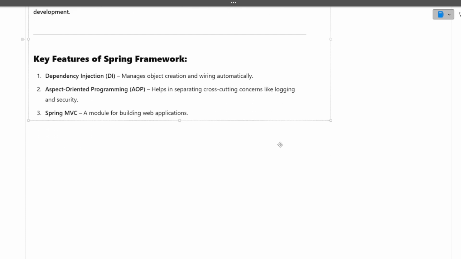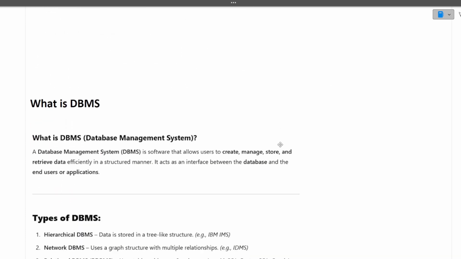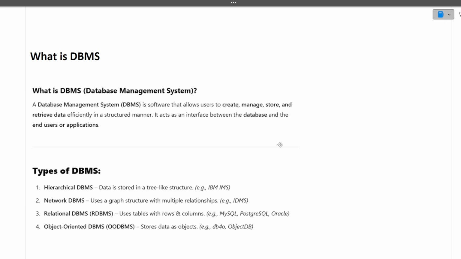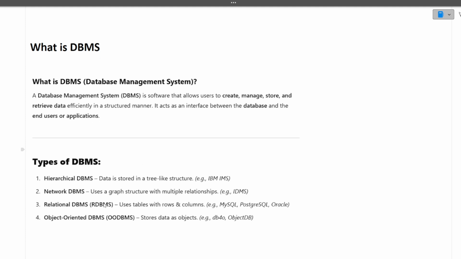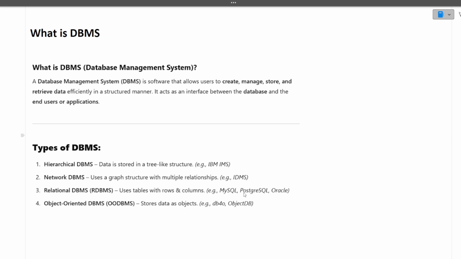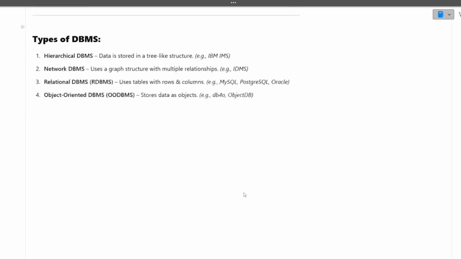Now moving towards the next question: what is DBMS? In simple terms, DBMS is an application which stores the data. We make a lot of POST requests and GET requests. From where is that data getting picked up? It is getting picked up from the database. There are different types of DBMS also: SQL and NoSQL DBMS. I hope this question is also clear to you.